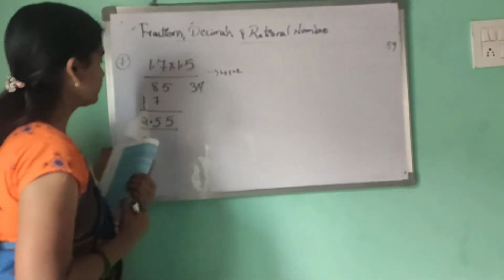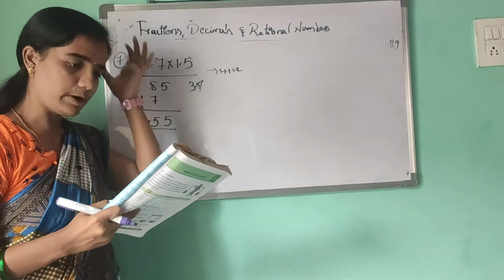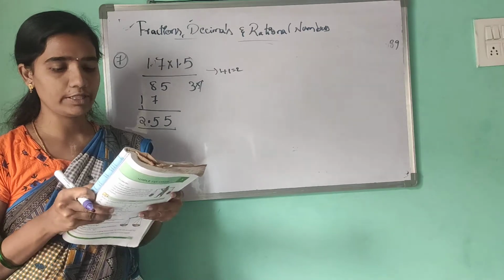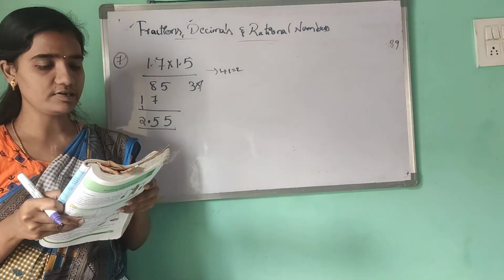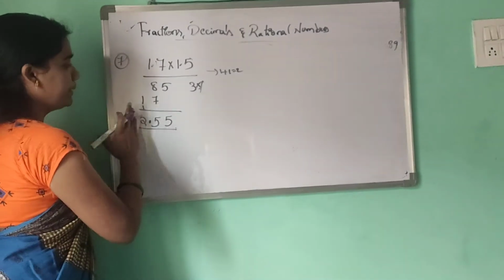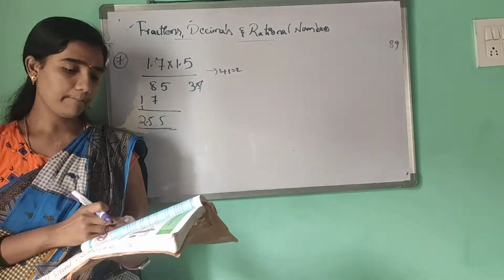You have to put the decimal point on the right side in both of the decimal numbers being multiplied. Lastly, we put the decimal point in the product by counting the digits from the rightmost place. Yes, here you have to do this. Right, that is the placement of the decimal point.